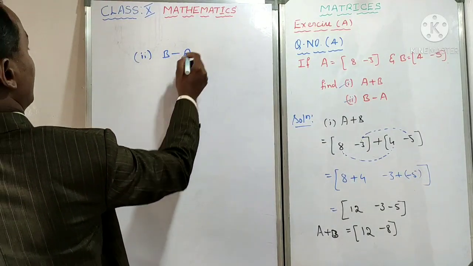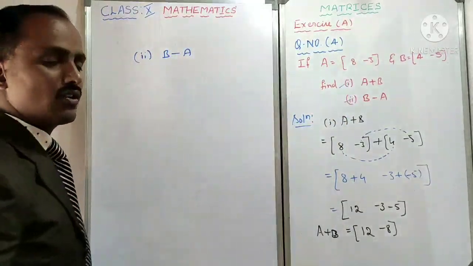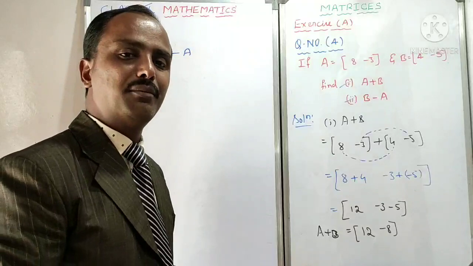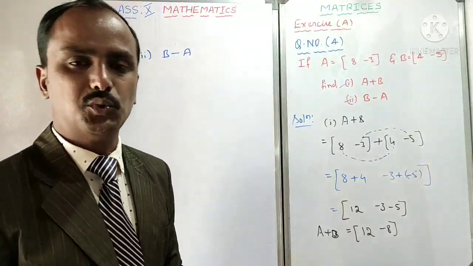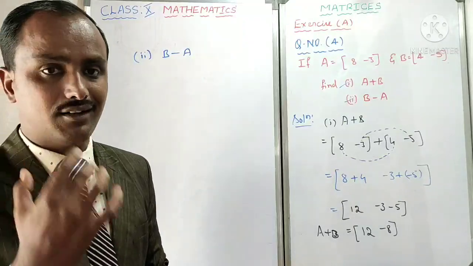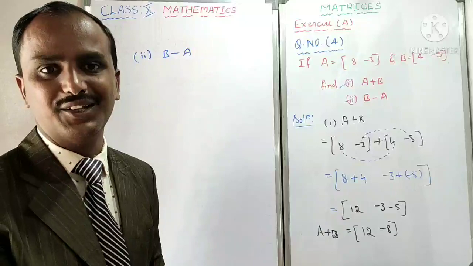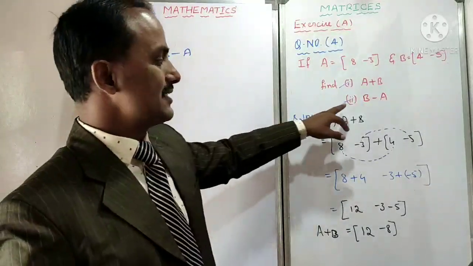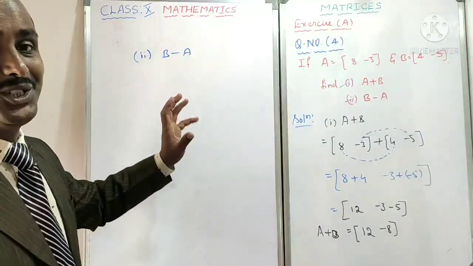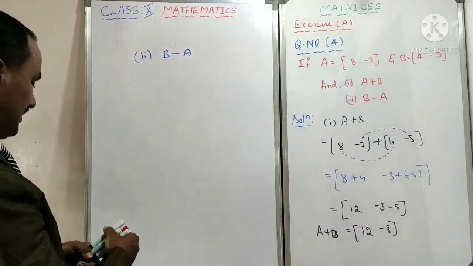B minus A is there. Sir, the given question is B minus A. Sir, shall I do A minus B? Wrong. How did it become wrong? I will go to a hotel and order an onion dosa. If they provided a masala dosa, shall I eat it? No. I demanded an onion dosa. Like which one they asked, that one you should do. Don't use your own opinion. Okay, now coming to that one.